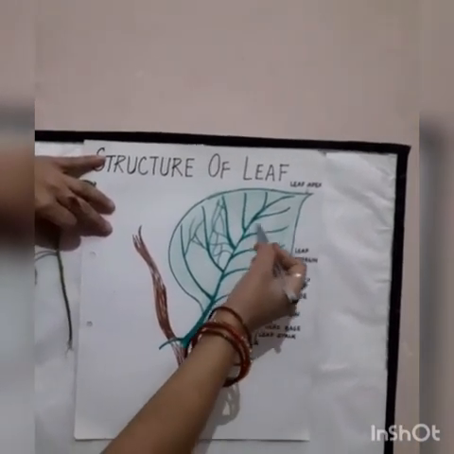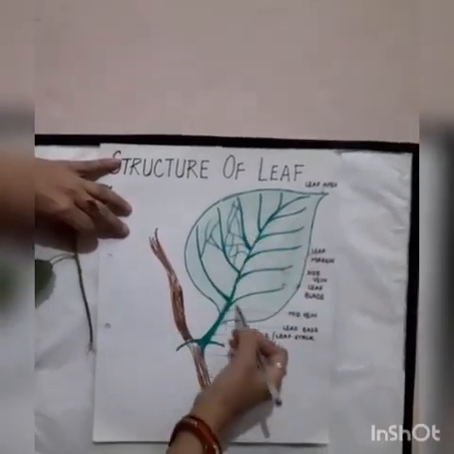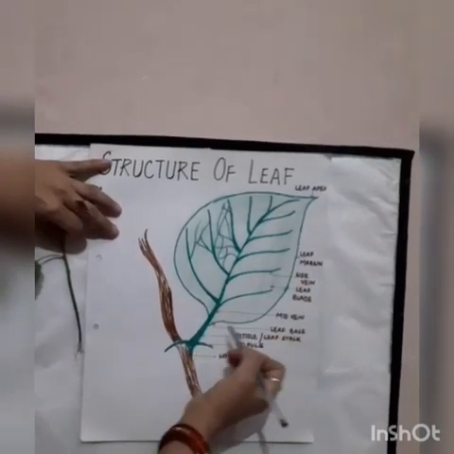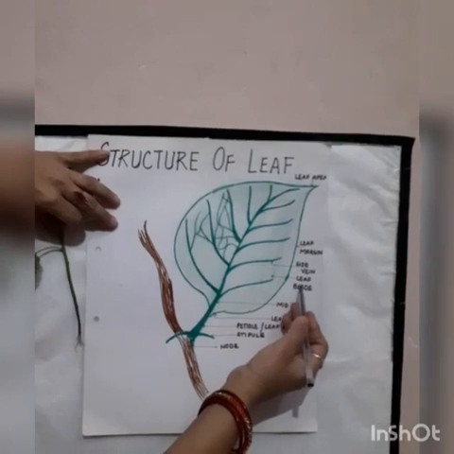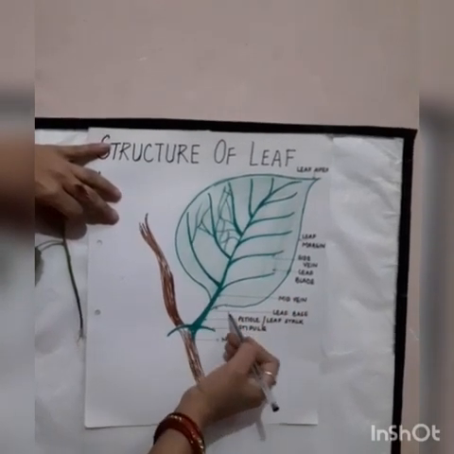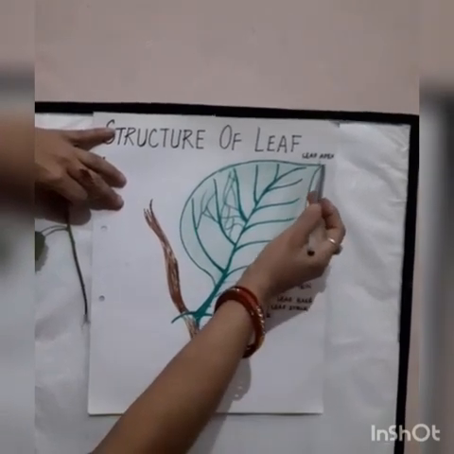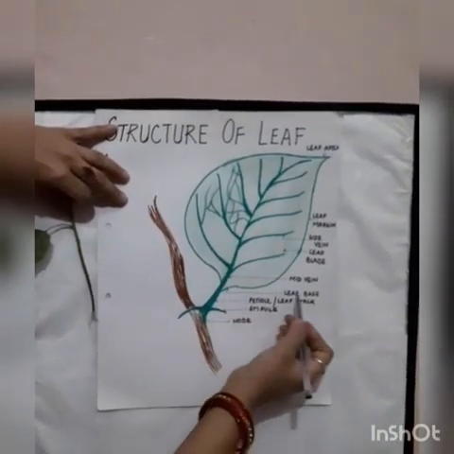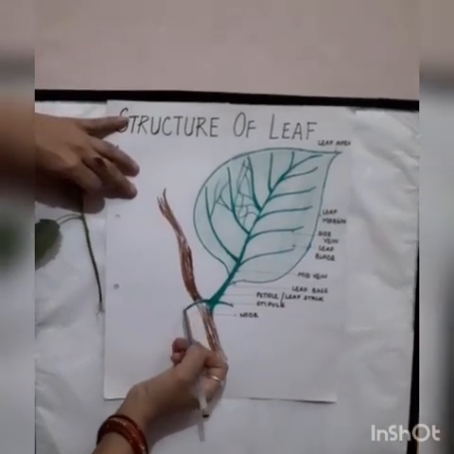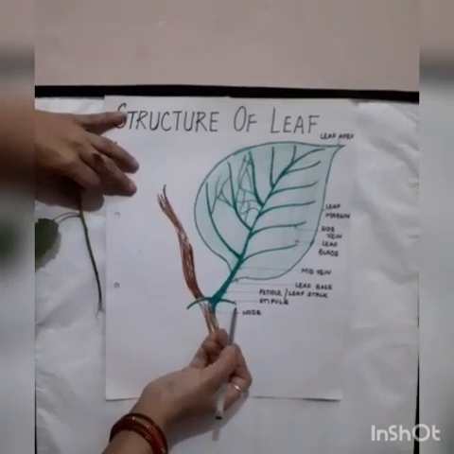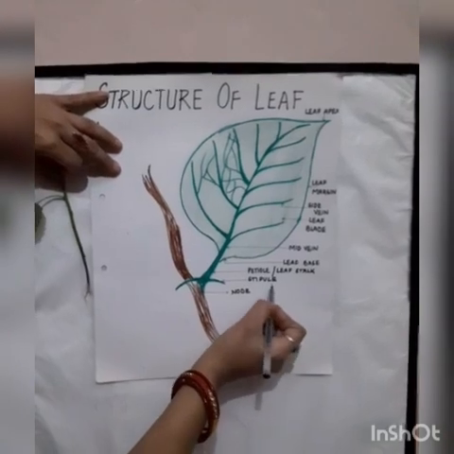This petiole extends as a midrib into the leaf and gives out the side veins. And this is the expanded part of the leaf. This expanded part of the leaf is known as leaf blade. And this margin of the leaf is known as leaf margin. And this is the leaf apex and this is the leaf base. Base of the leaf is known as leaf base. Sometimes you see small leaf-like structures present at the node and these leaf-like structures are known as stipules.